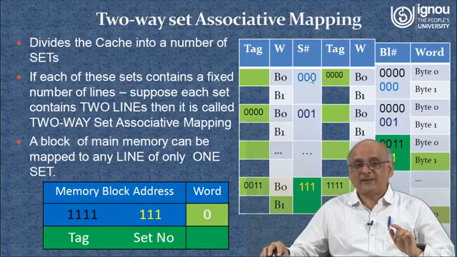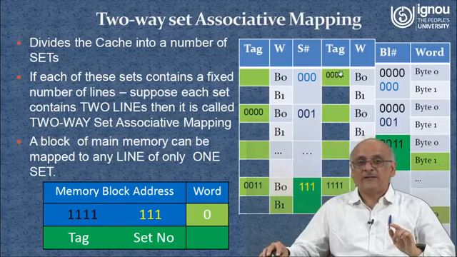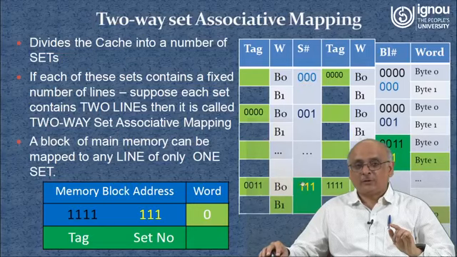8 2s are 16, 2-way. Had we had 4 ways, in that case it would be 16 divided by 4, and only 2 bits will be required for the set side: set 0, set 1, set 2 and set 3. So this would have become 4 sets. Since we have only 2-way set associative, how many bits? 3. 3 means 0 to 7, which is 8 sets.